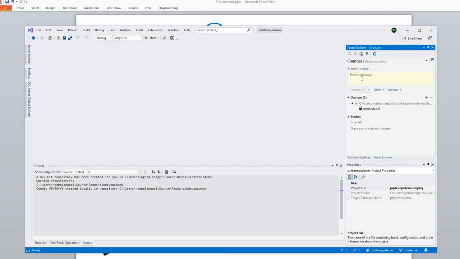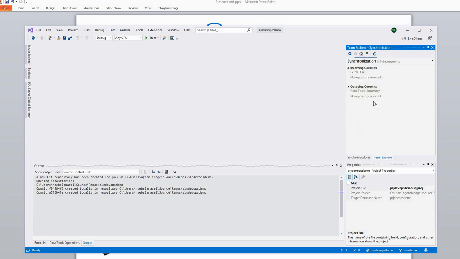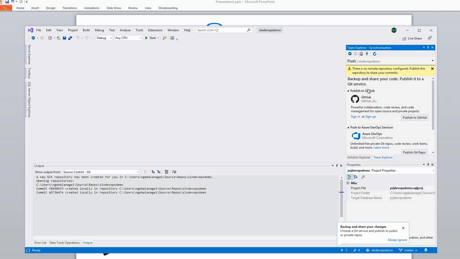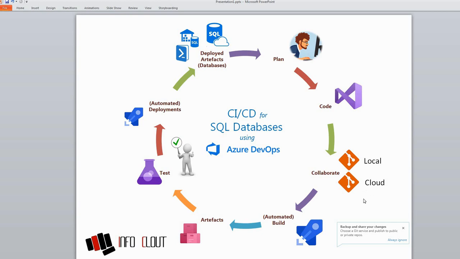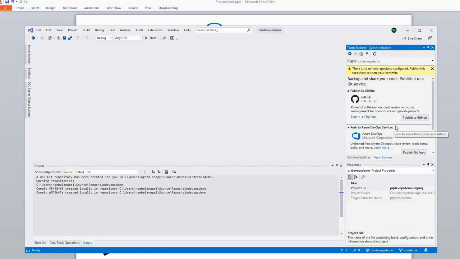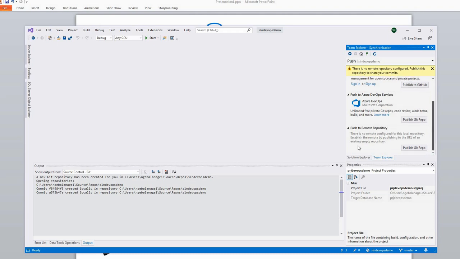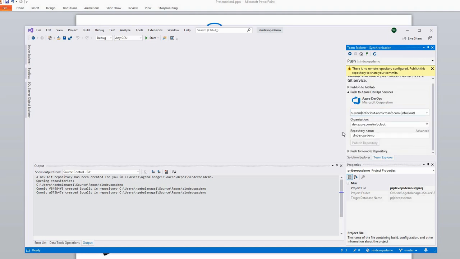And add a commit comment. We can say commit and push. Now when we say push, it is trying to push this change into our cloud repository. So we need to select our cloud repository. So we can say we need to push it into Azure DevOps, and it selects my organization and the repository